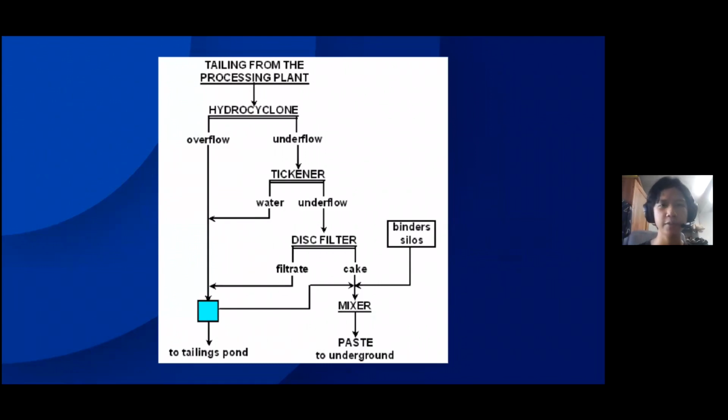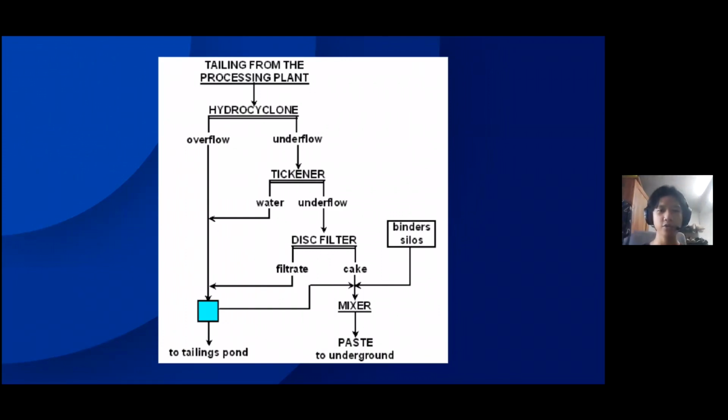From the processing plant, the mill tailings go into the hydrocyclone process, and then the underflow goes into the thickener, where the water is drained out, so it will be toothpaste consistency, as I explained earlier. Then it goes into this filter for filtering the slurry,